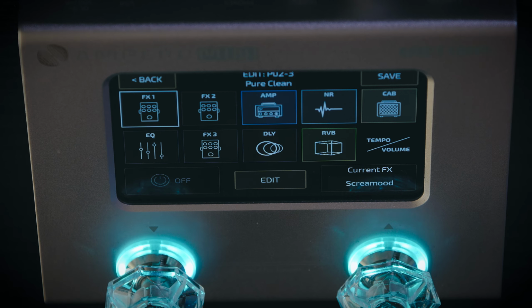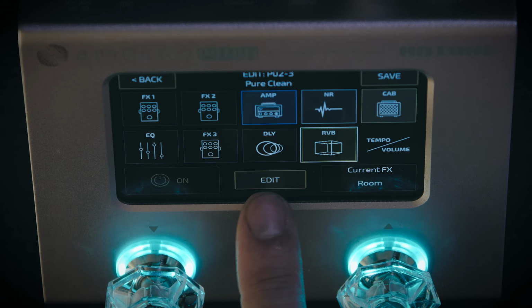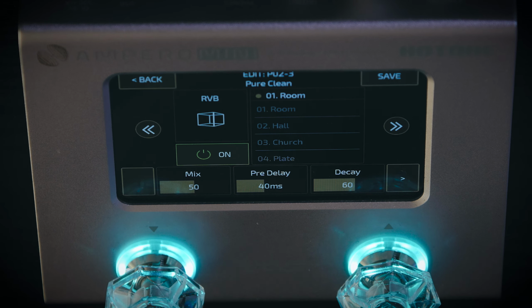And we've got loads of different options here. We've got different effects. We've got the amp, we've got the impulse response, we've got the cab, reverb, delay, all this sort of stuff. So if I tap on the reverb here and then press edit, this now takes me to the list selection of all the different reverb options. So far it's on the first one, which just says room. But if I cycle through to hall now